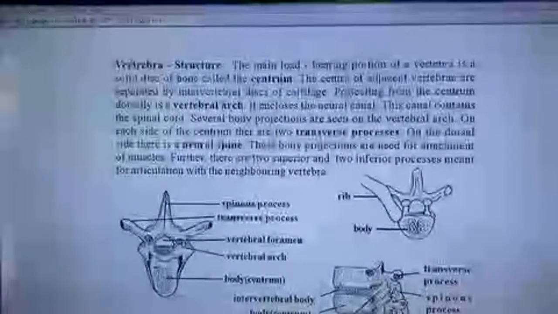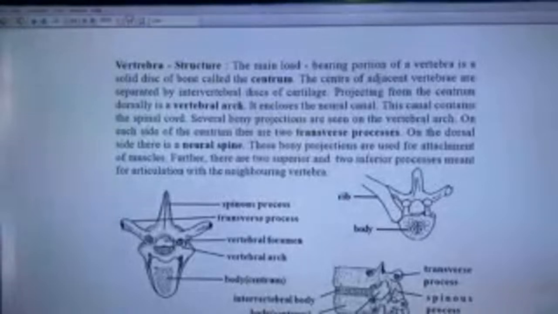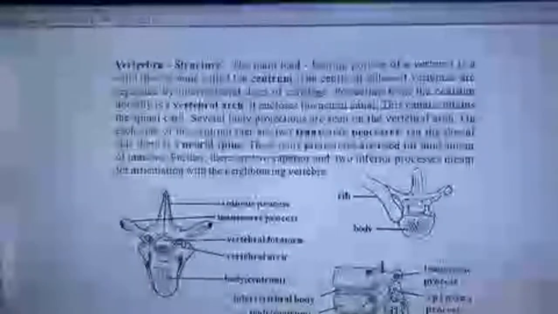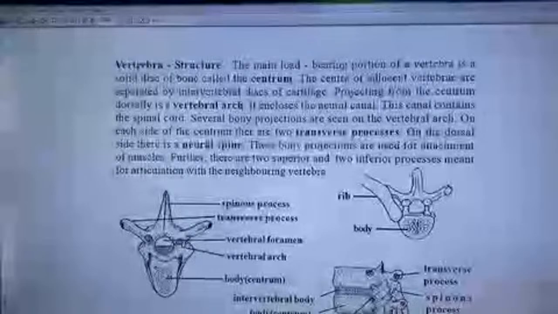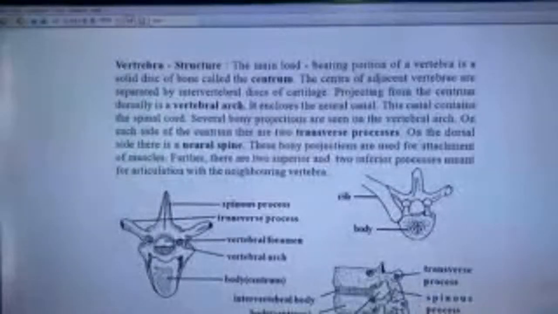Several bony projections are seen on the vertebral arc. On each side of the centrum, there are two transverse processes. On the dorsal side, there is a neural spine. These bony projections are used for attachment of muscles. Further, there are two superior and two inferior processes meant for articulation with the